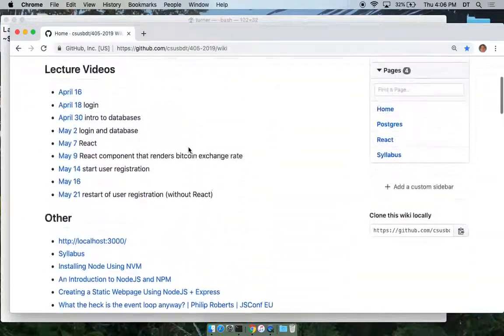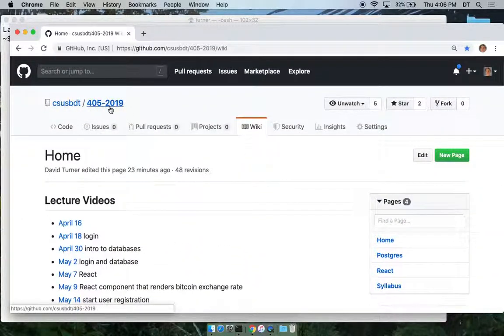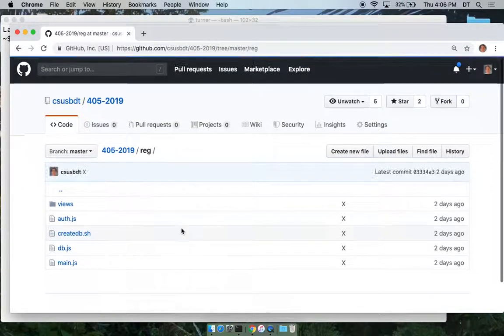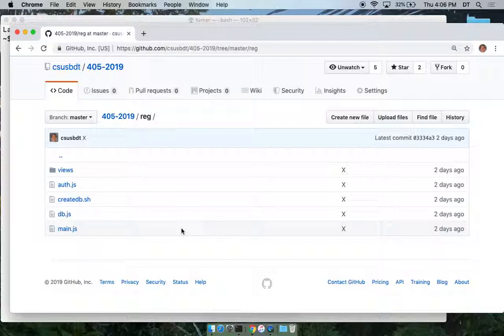All right, so the rest of today, I'm going to just continue with this reg project that we're working on. And here, this is just like user registration with login, log out, and I'm not using React. I wanted to take that out because it adds some complexity and there's so many different problems to solve at the same time. From what I can see, once you get this user registration system set up, then it's easy to add React. Well, not easy, but then it's natural to add React to it.